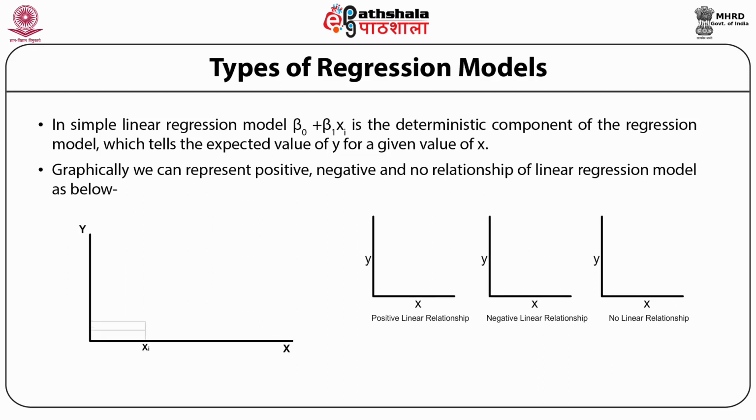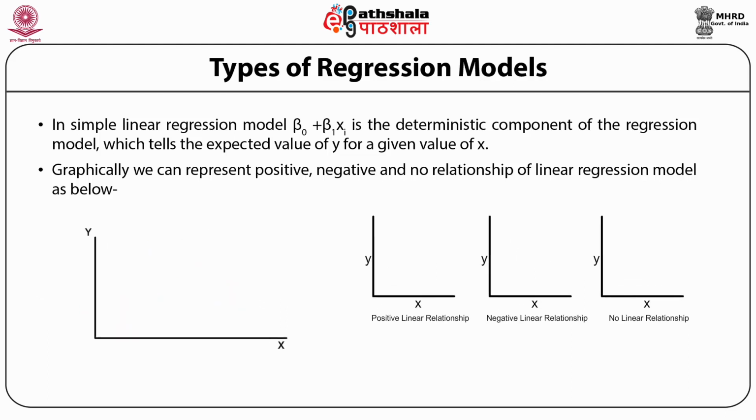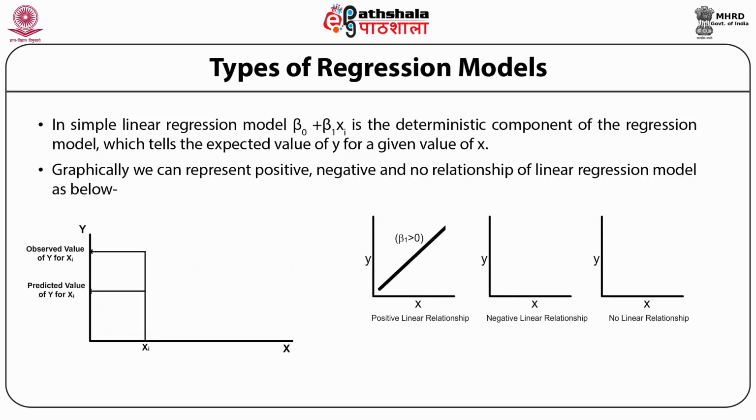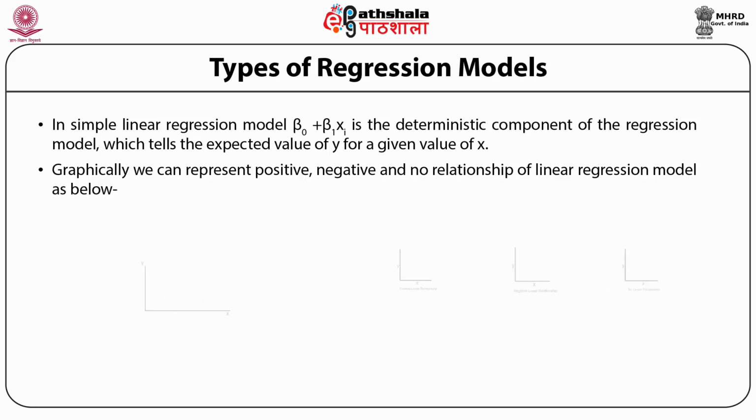If you see the first model, that is a positive relationship, here we are saying that with the increase in the value of x, that is the independent value, the value of y is also increasing. This is what you call a positive relationship. Similarly, under the negative relationship, you are saying that with the increase in the value of one variable, there is a decrease in the value of another variable. So as the value of x is increasing, the value of y is decreasing. Under the third one, we are saying there is no linear relationship between the two variables, that is when the given slope is equal to 0, this is what you call a no linear relationship.